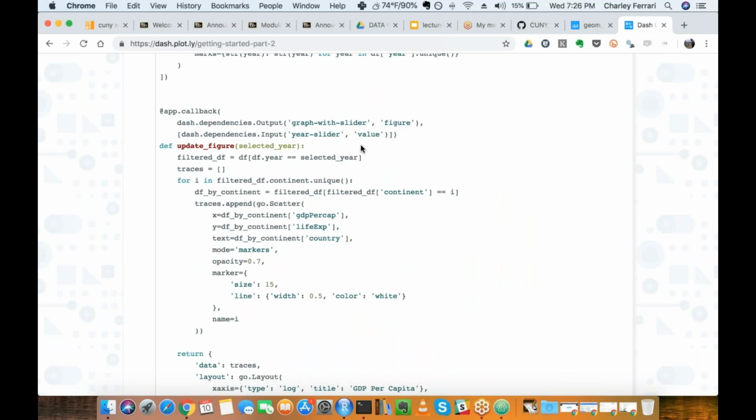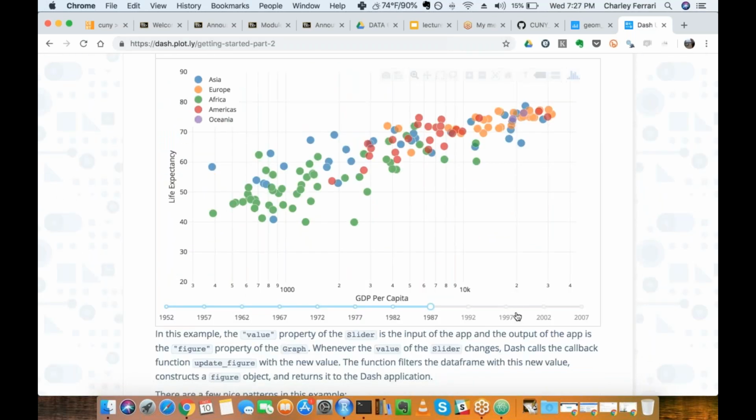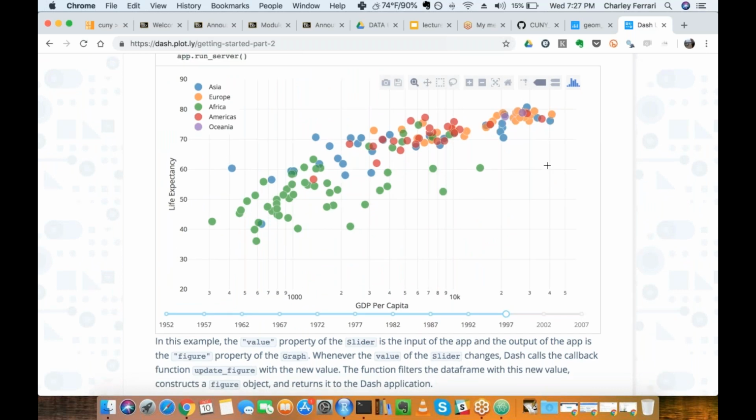And here you could see with the callback, rather than having children, we're having figure. So what this is saying is with each change in the input, or one of the inputs, you have a list of inputs, we are making a change to the figure of the output here. And so that's how you end up with apps like this.